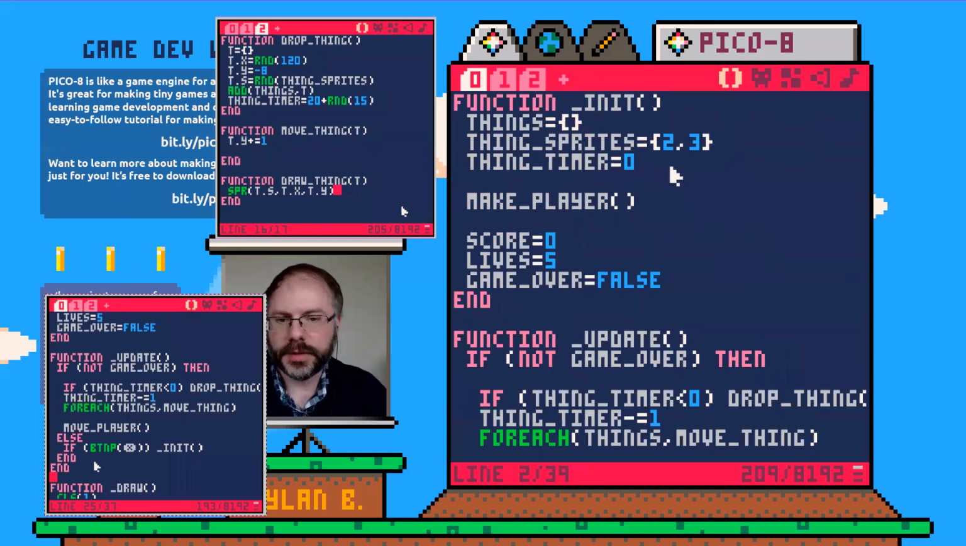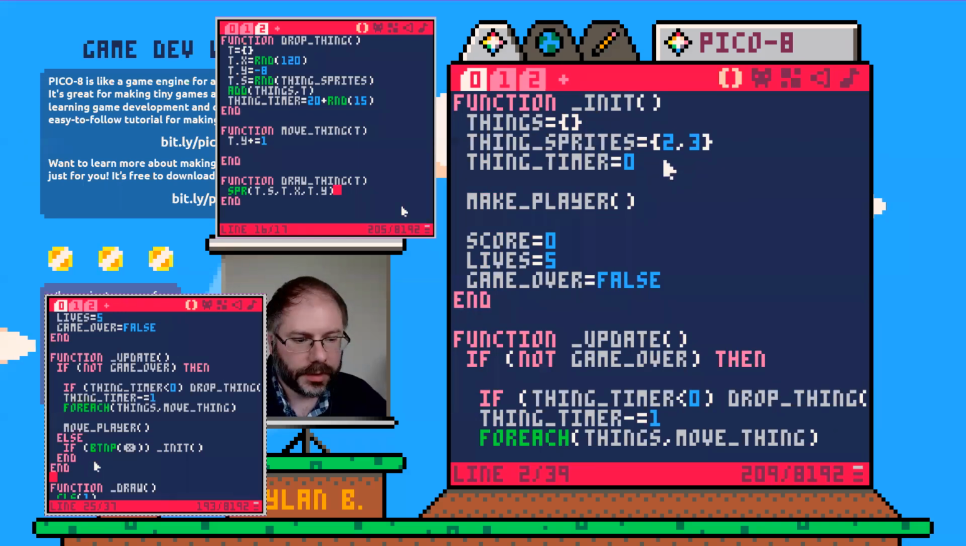Okay, now here's the thing. So if you're getting an eraser sprite, there's